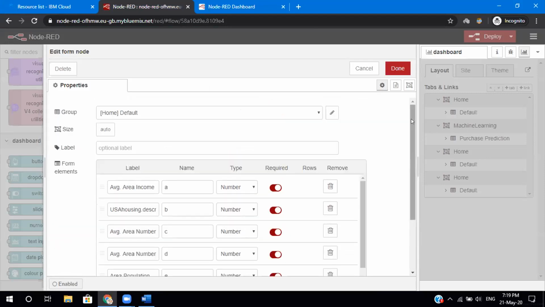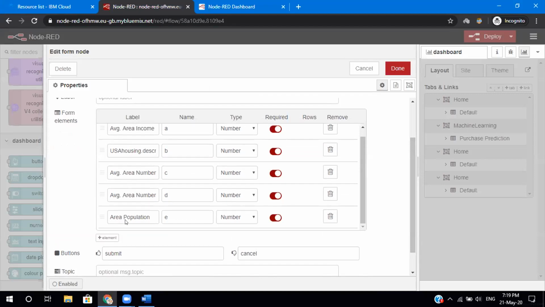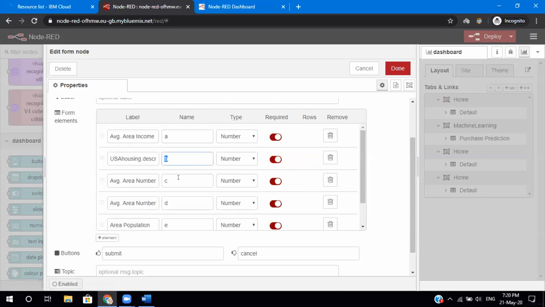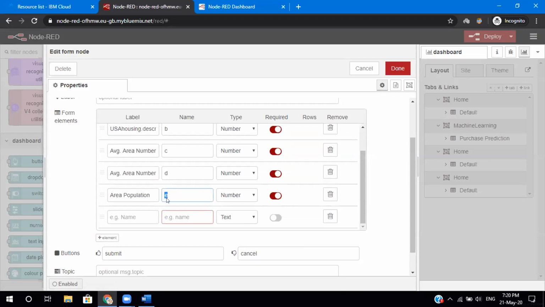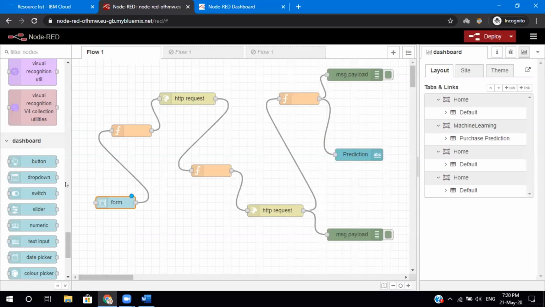So we've already created this flow to have 1, 2, 3, 4, 5 labels. You can add an element here. It's up to you. You can name it something based upon your column names. And name is your variable name, right? I've told you name is your variable name, and you have to provide variable names correctly so that we are going to access them later as well. So I'm just going to delete this one. All right. So I've created a form, right?